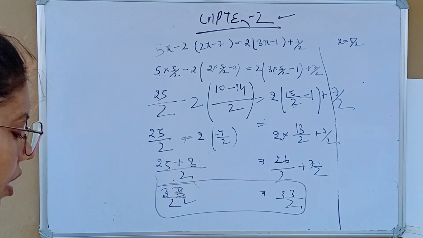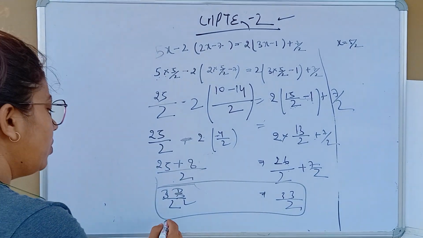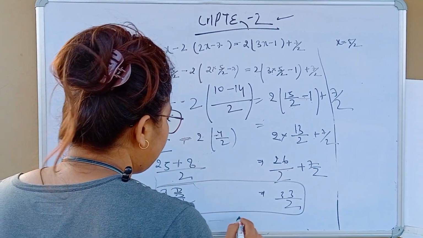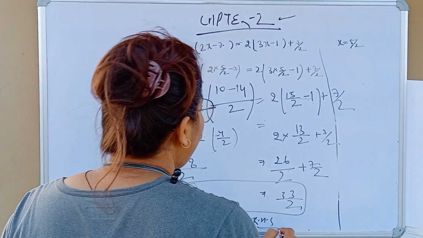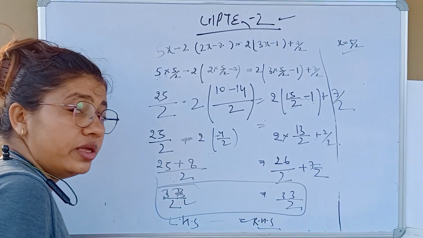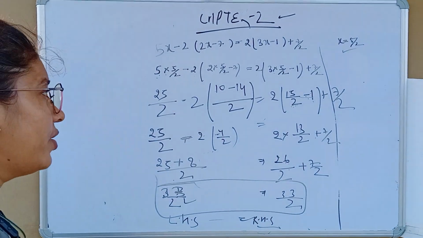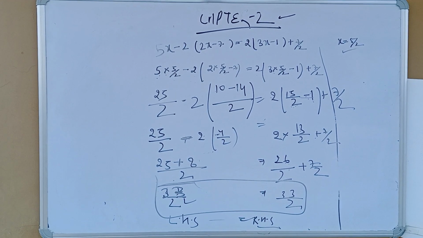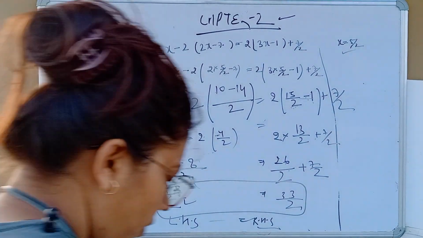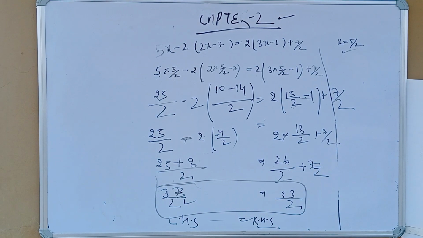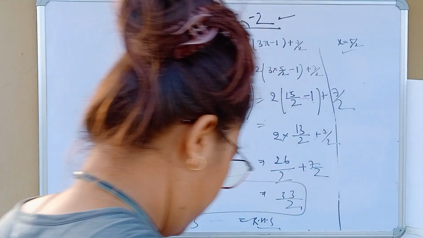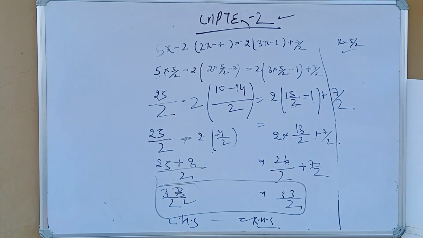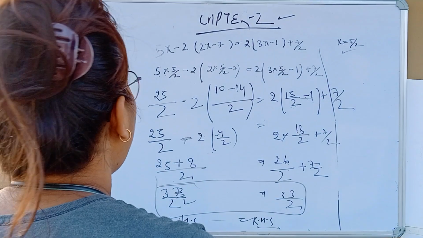Okay. So here proof LHS is equals to RHS. We can easily write LHS is equals to RHS. That means x is equals to 5 by 2 exists here. In this equation, x is equals to 5 by 2 exists. Write in your copy. So 2.26 question is ending here. Now we solve the 7th question.